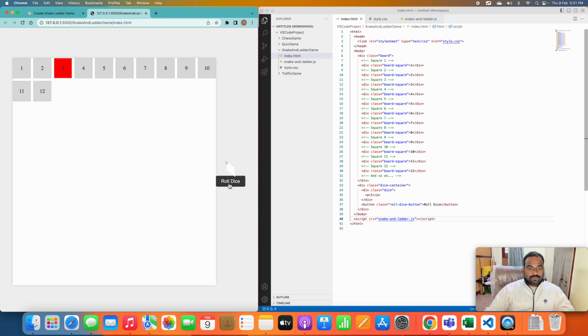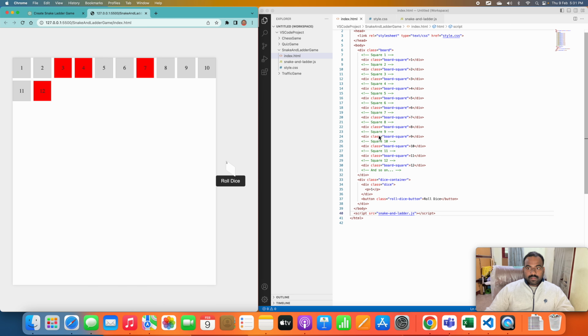Roll dice 2. So if we click this, 2, then next is 1. So 1 it moved and it is 3. Now the current position of the player is 3 and it is 5. 1, 2, 3, 4 and 5. So next is 3, but we do not have a board for that one. So